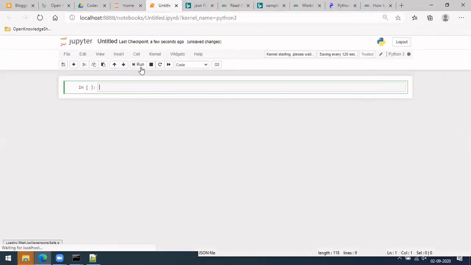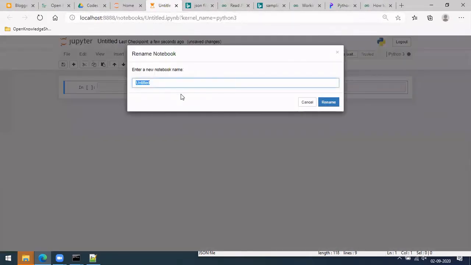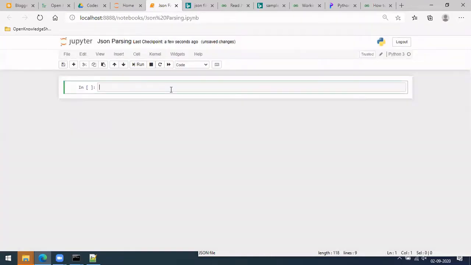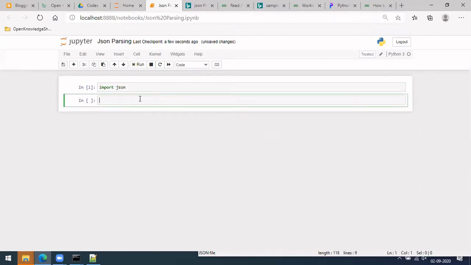So JSON read, it's a default package for reading JSON, which is import JSON. Okay, and then main folder path.